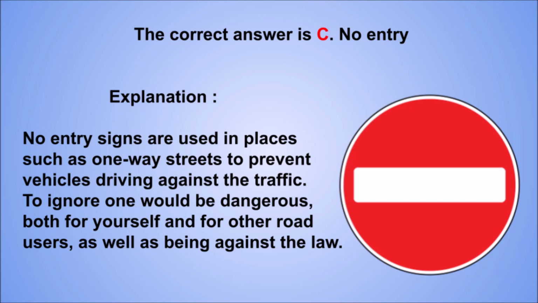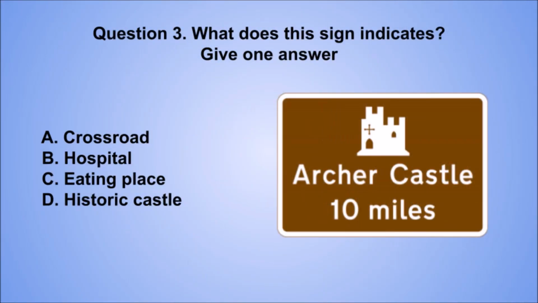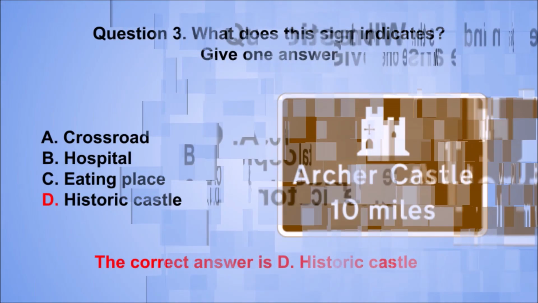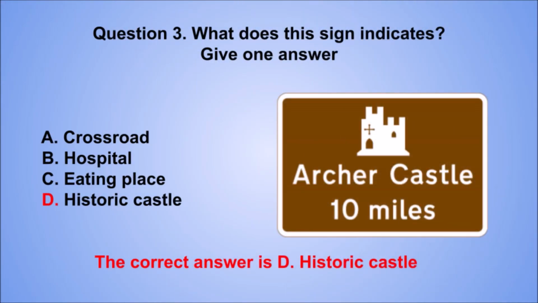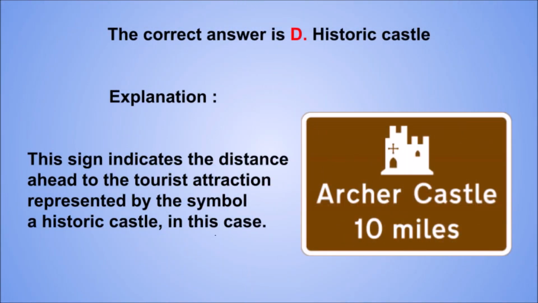law. Question 3. What does this sign indicate? Give one answer. A. Crossroad. B. Hospital. C. Eating place. D. Historic castle. The correct answer is D, historic castle. Explanation. This sign indicates the distance ahead to the tourist attraction represented by the symbol, a historic castle, in this